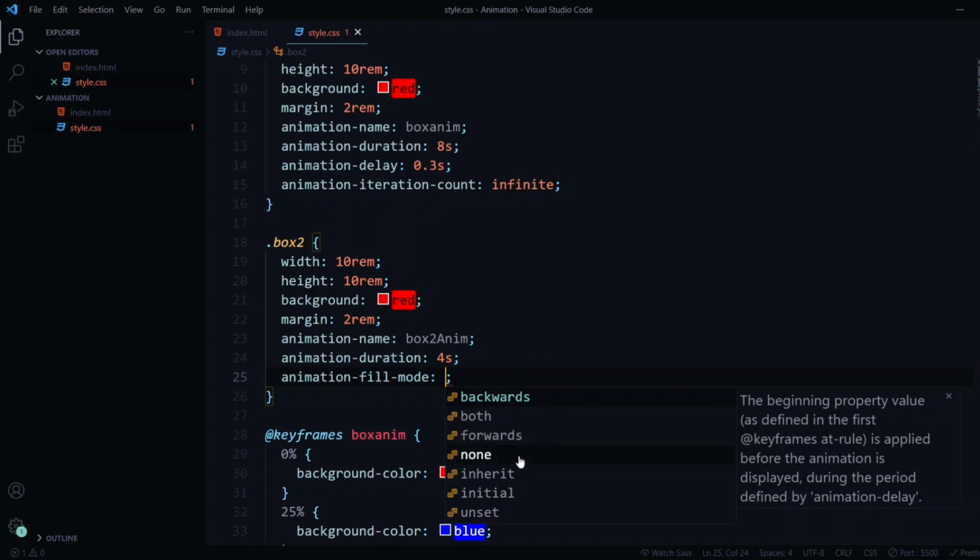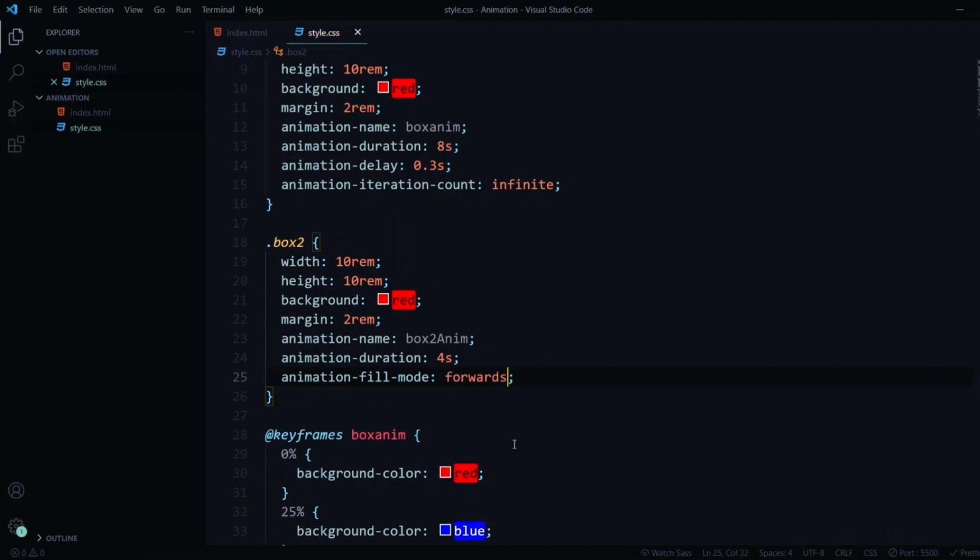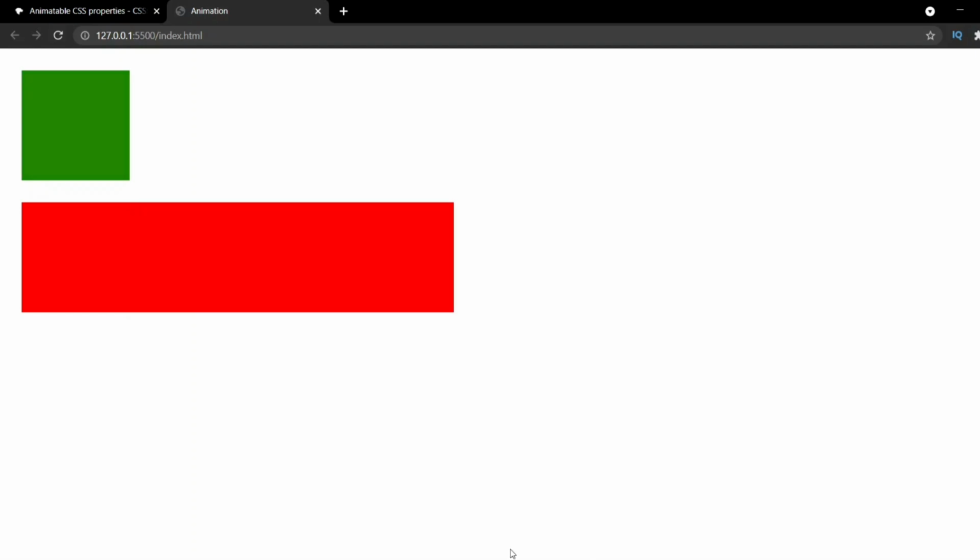None is the default because we don't have any value for fill mode. But if we put forwards and save this code, move back to Chrome, and refresh, now when my animation is completed, it stops over here rather than going back to its original position, which specifies that it has to stop at the forward end when the animation ends.